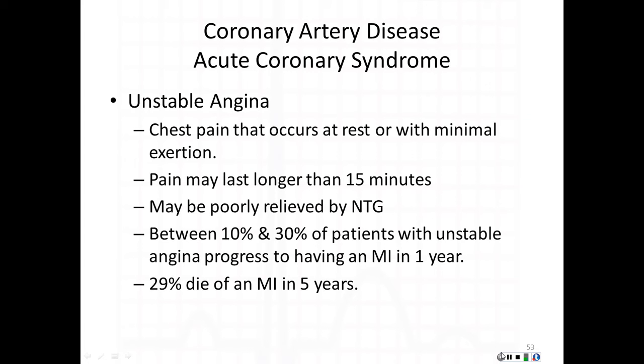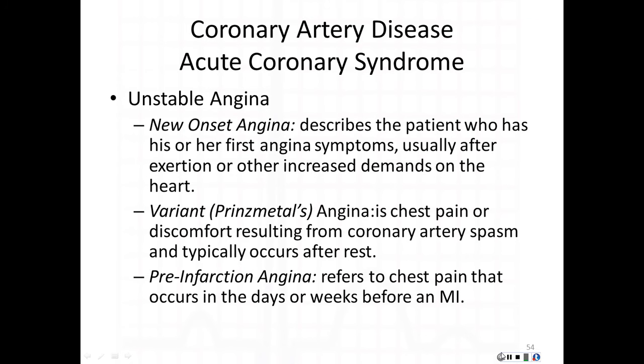So these patients have that blockage. It's already there. It's just a matter of time before they do that. Patients with a diagnosis of unstable angina, about 29% of them die of a myocardial infarction or a heart attack within 5 years. Now, unstable angina is broken down into 3 categories: new onset, variant or Prinzmetal's angina, or